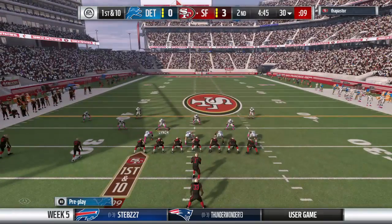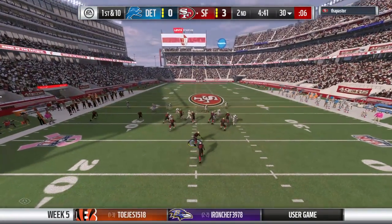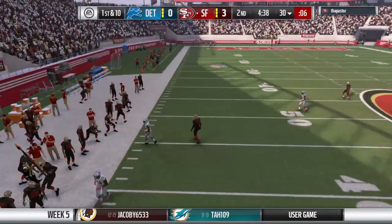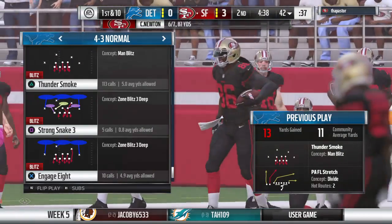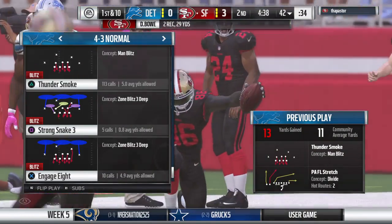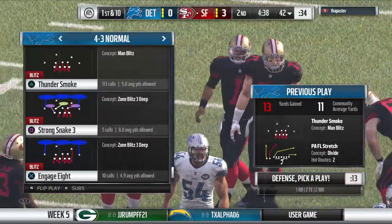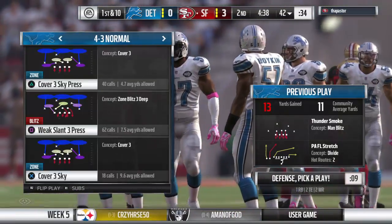They'll come out in the pistol. Now a play fake here on first down. Toward the sideline, and look at that catch. Dragging the toes, and that's going to be a first down. Well done. As if he didn't have enough to think about on that route, the comeback route, coming back to the football and catching it,